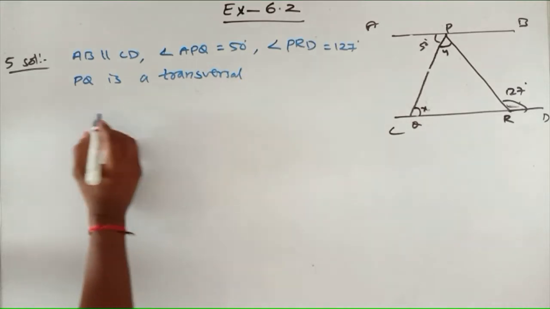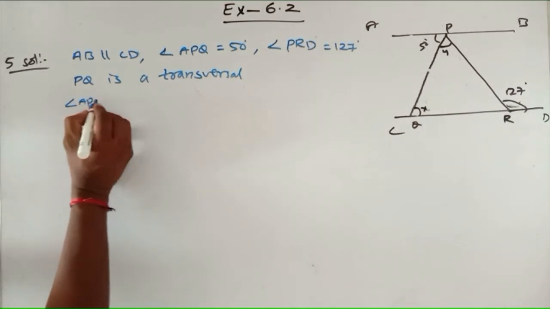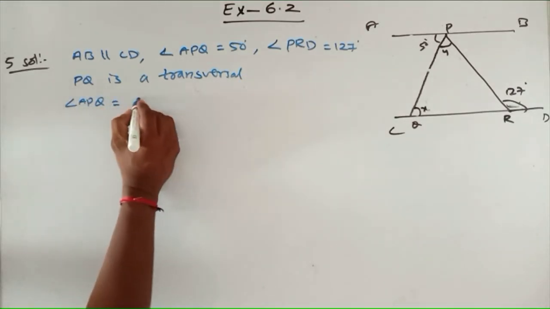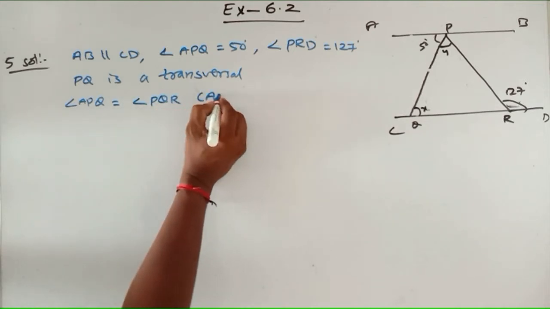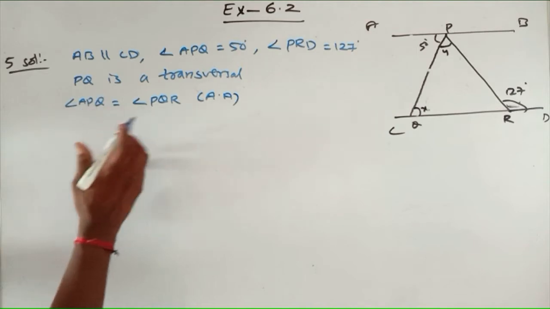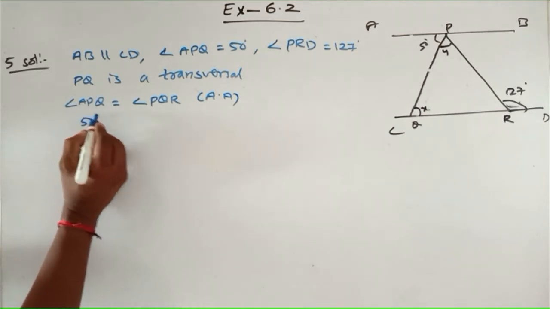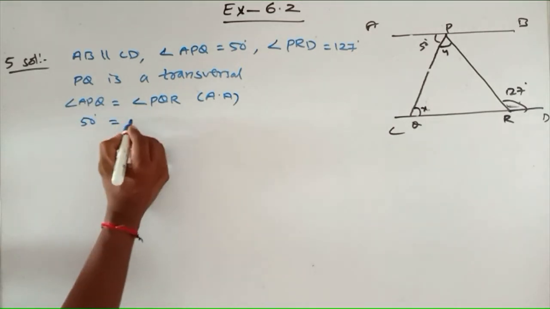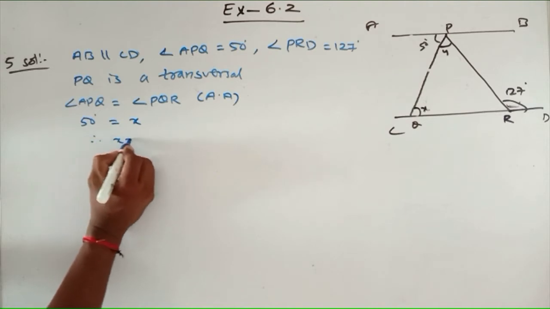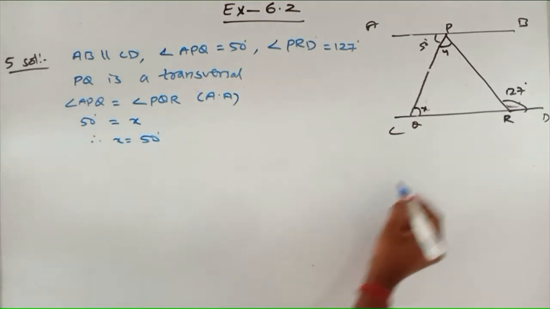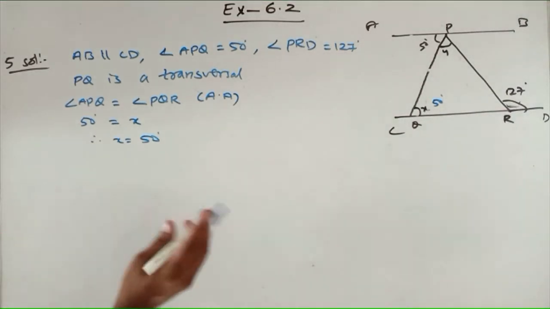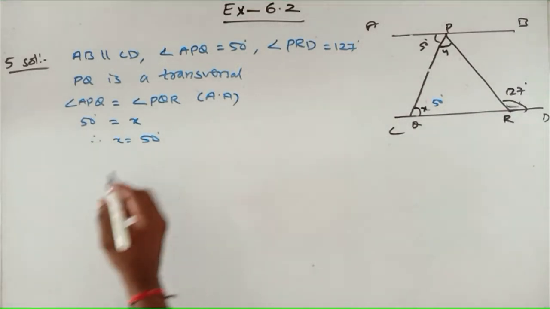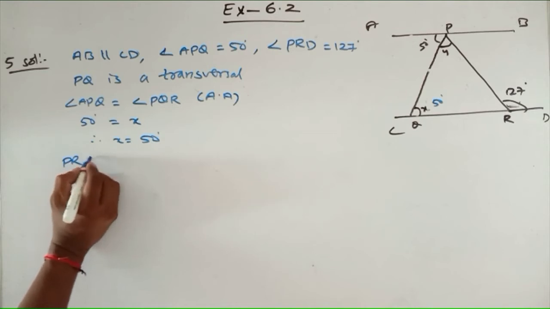So if PQ is a transversal, then angle APQ is equal to angle PQR because these are alternate angles. Angle APQ value is 50 degrees, so 50 degrees is equal to PQR, whose value is X. Therefore X is equal to 50 degrees. I got the value of X. It is 50 degrees. Now in the same way, AB is parallel to CD and I am thinking PR is